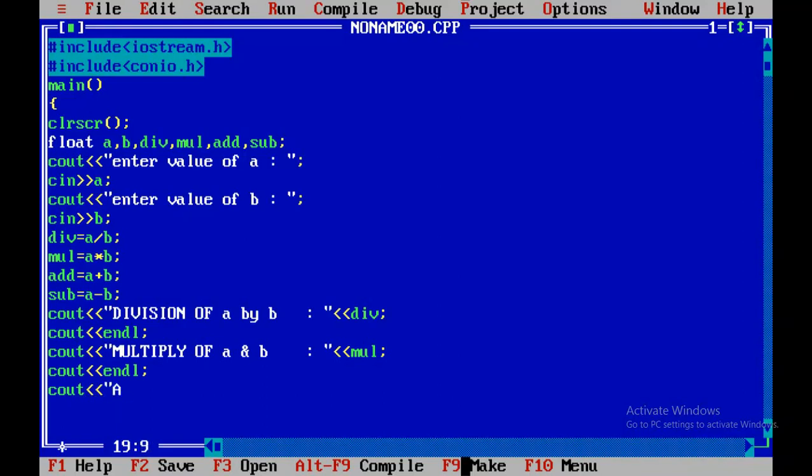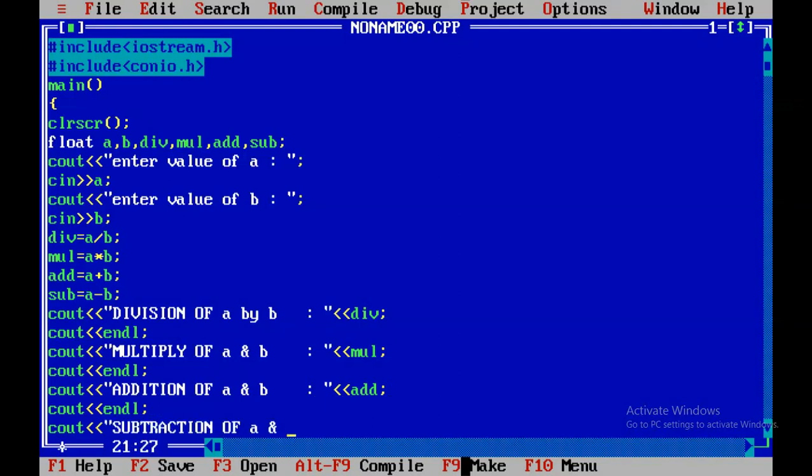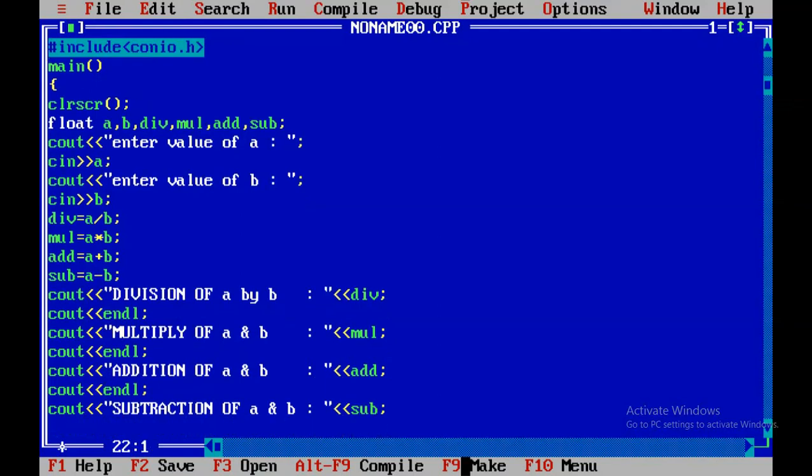Cout, addition of a and b, same, double quotations, operator add, then cout endl, I want to give a line. Cout, subtraction of a and b. Then operator sub, terminator. So almost the coding is over.